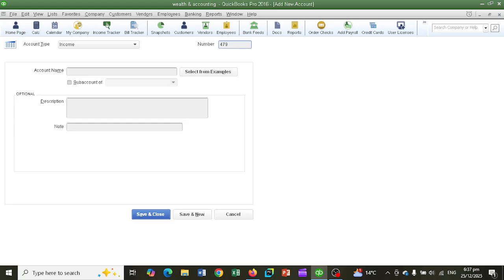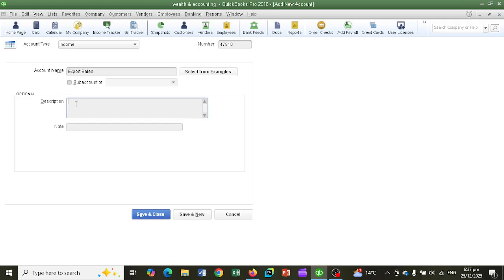Let's say it 47910. Okay, now here in this column you need to write the name of the new ledger, which is export sales. Okay, in the description you can write the relevant description,